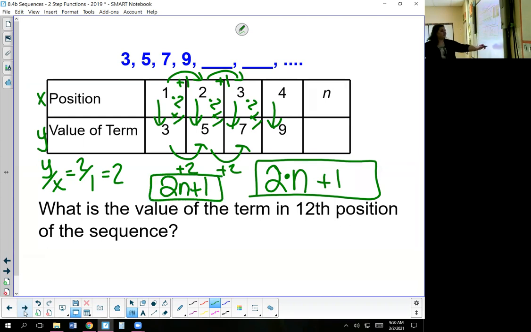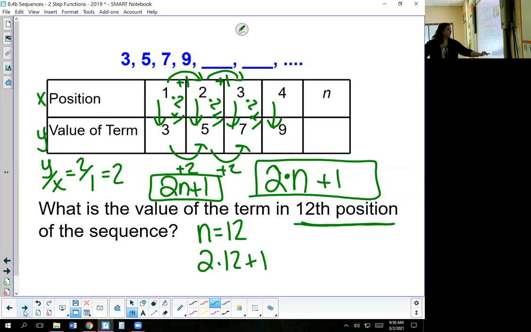Again, if I ask you the value of the 12th position, n is 12, you just do 2 times 12 plus 1. That answer would be 24 plus 1, so it would be 25. All you're doing is figuring out the rule using what we learned before. I'm noticing this is adding 2. I notice that the other is adding 1. 2 divided by 1 is 2. So therefore, I have a